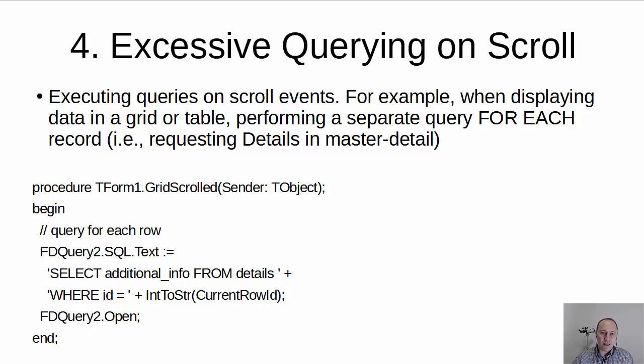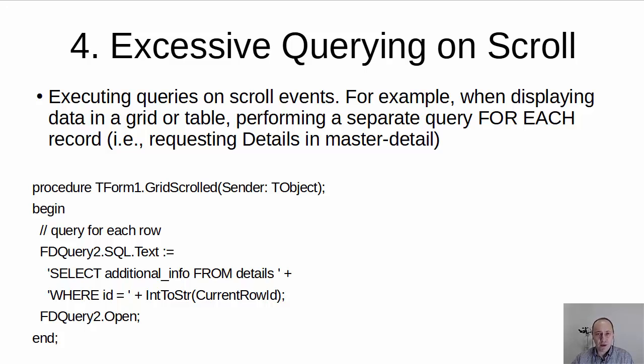Also, the classic example could be requesting the details in the master-detail example, in almost every Delphi tutorial. So if you are scrolling through this grid, there will also be the effect of a pretty large amount of small queries generated